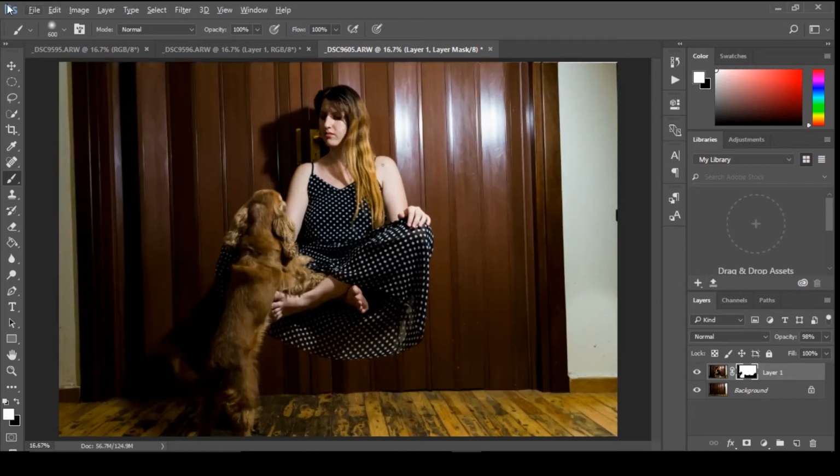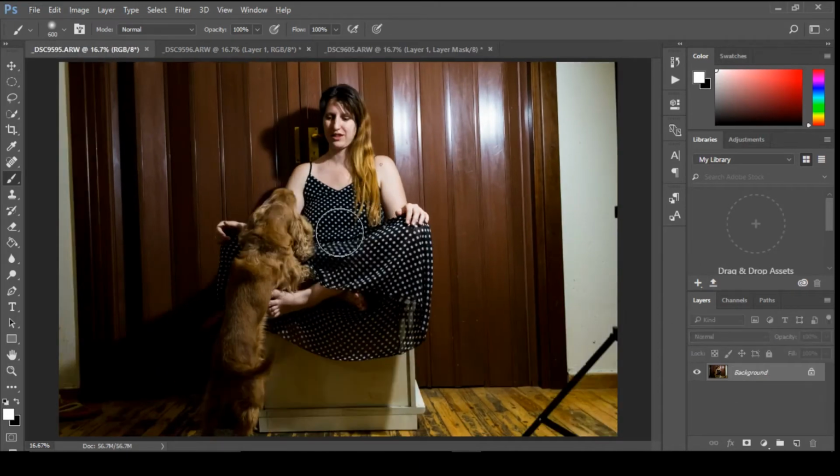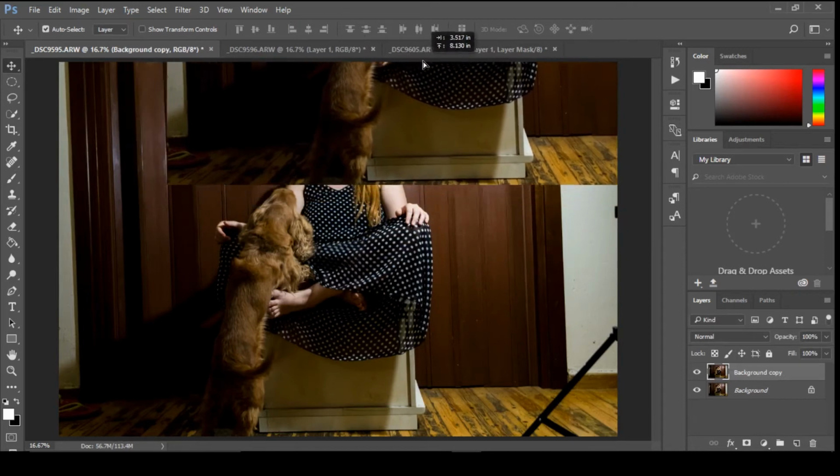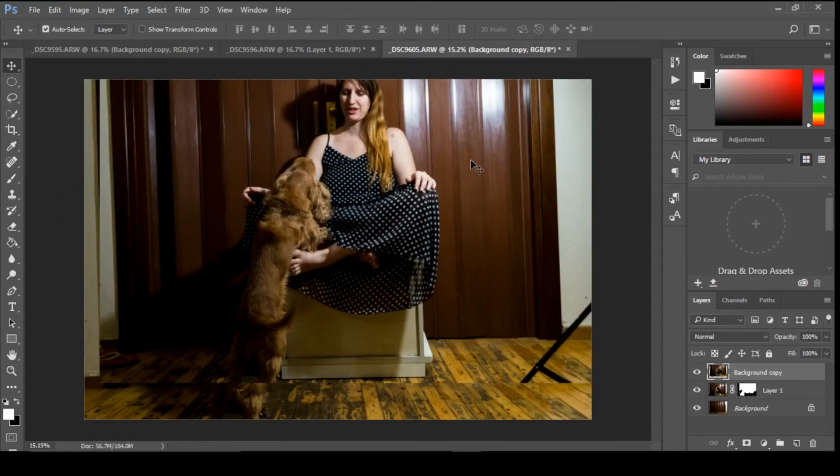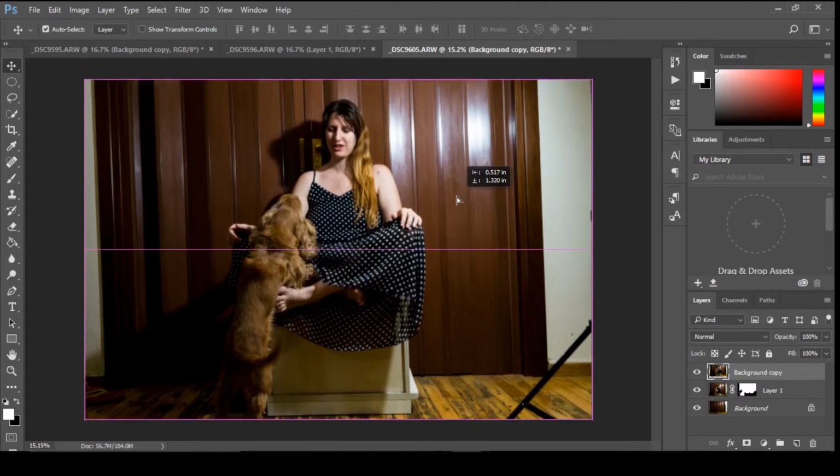Nice. Now let's go to our final image and Ctrl J to duplicate this layer, or you can click and drag into this icon here. There take your move tool and bring this photo above all others.